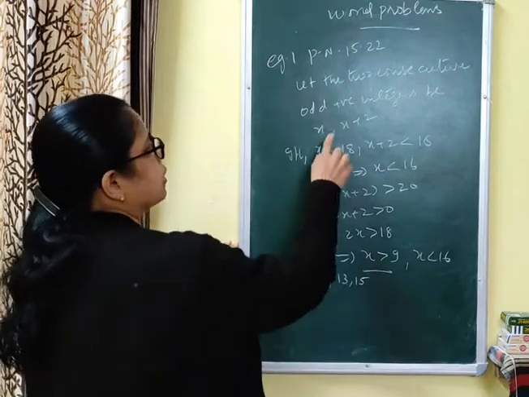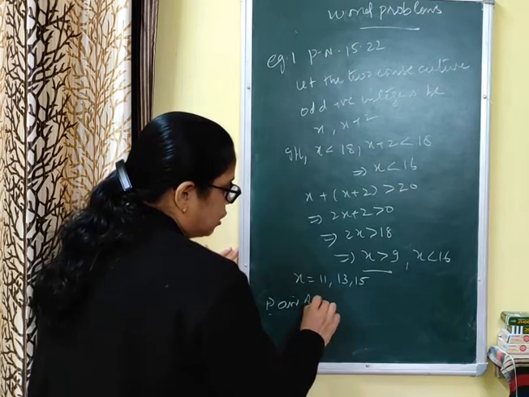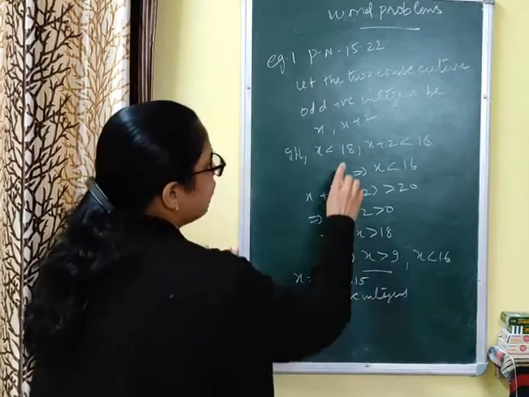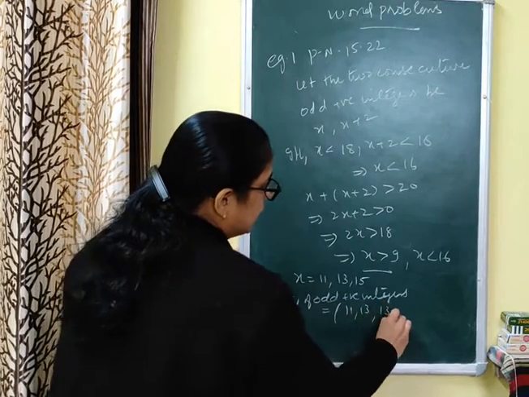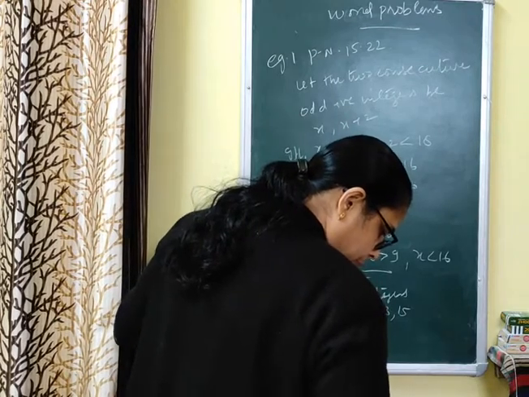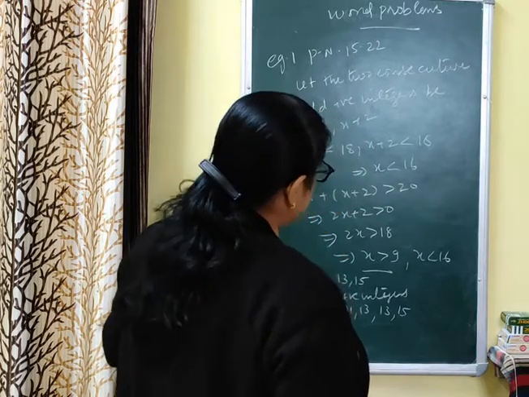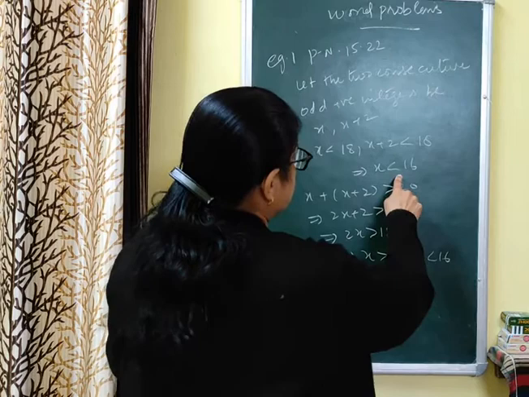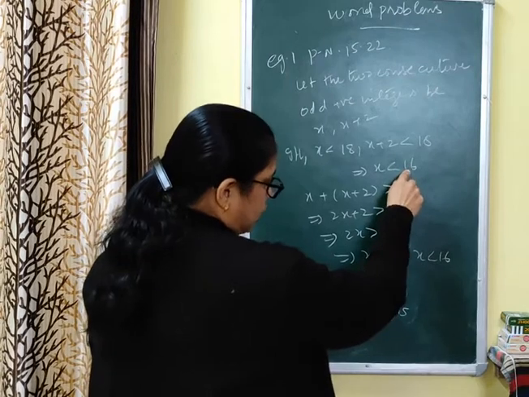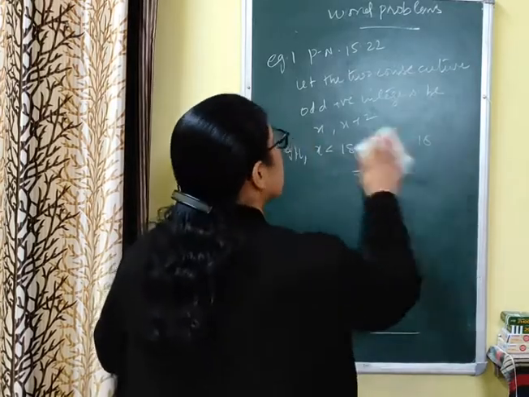Now how can we find the pair? 11 plus 2, hence the pair of odd positive integers. You have to tell the odd positive integers in pairs. 11 plus 2 is 13, 13 plus 2 is 15, and 15 plus 2 is 17. So you are given 11, 13, 15; next is 15, 17. Since x should be less than 16, we can take 15. 15 plus 2 is 17. These are the pairs of odd positive integers. Next question is